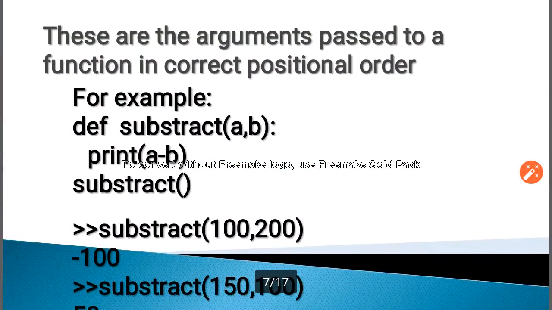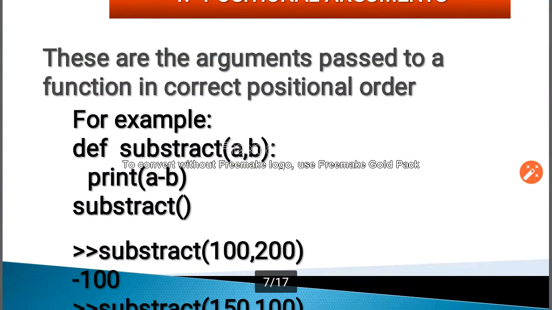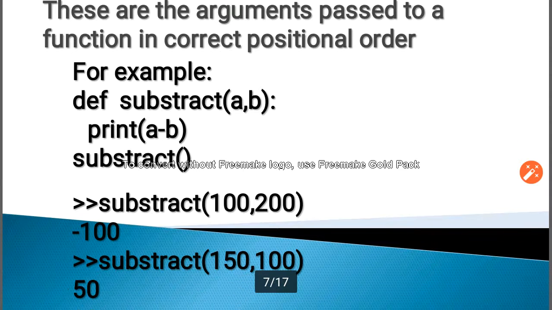Okay. So over here in this slide, you can understand. If I say subtract 100 comma 200, it is calling the function. So I am sending it with 100 and 200. So 100 will be replaced by A and 200 will be replaced by B. And then I'll get the answer as minus 100.